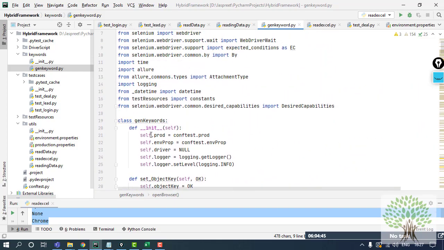Okay, so it's a huge implementation which needs proper discussion and information. So that's why it's just an overview. You can just go and watch the hybrid framework videos in the course given.